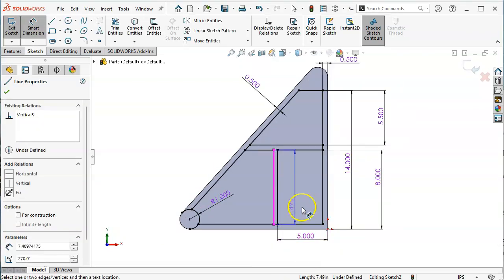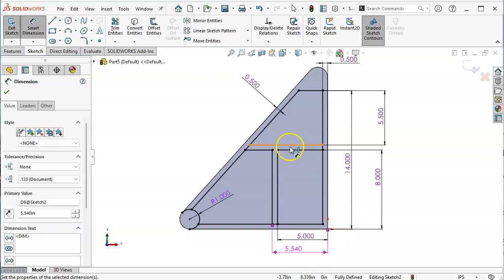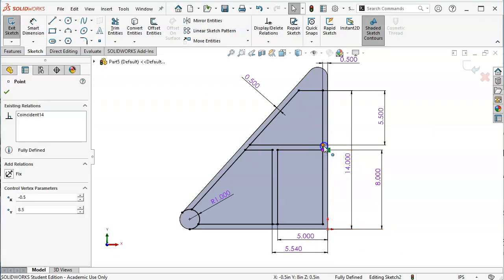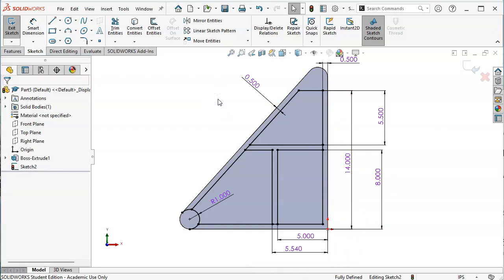And it is called out as 5.54, so that is a little bit of a mismatch. So all around, maybe not typical on the inside. Well, let's see what this measures. If we go from point to point, selecting those, that still comes out to 0.5. All right, so we've got our cut regions